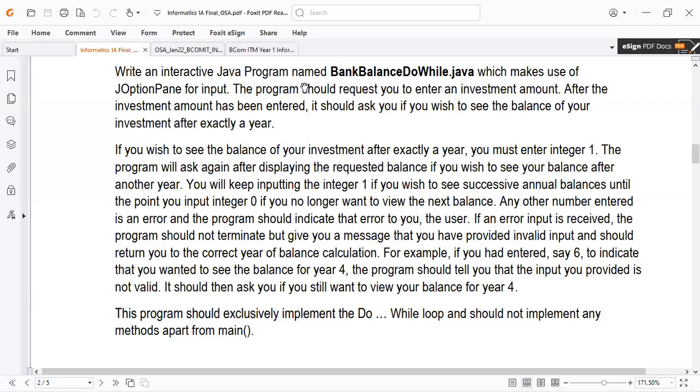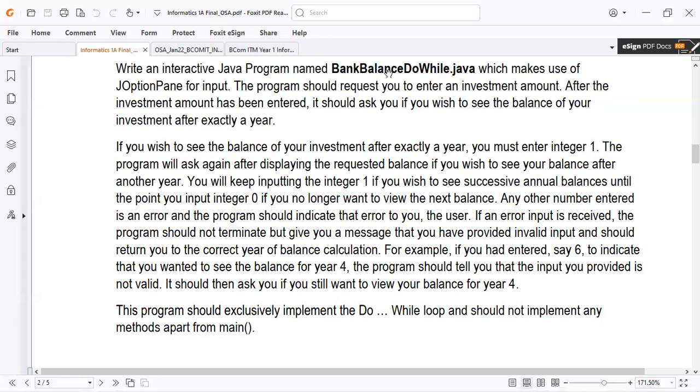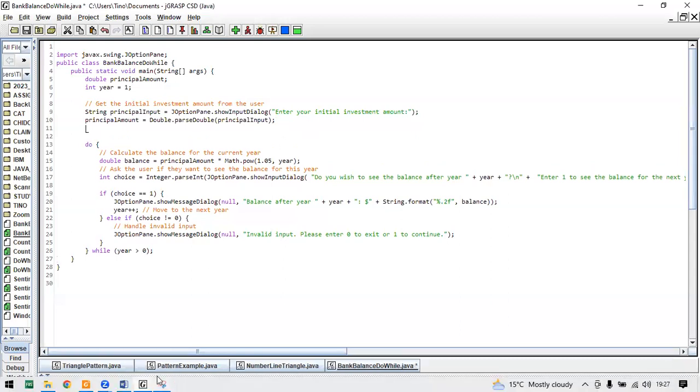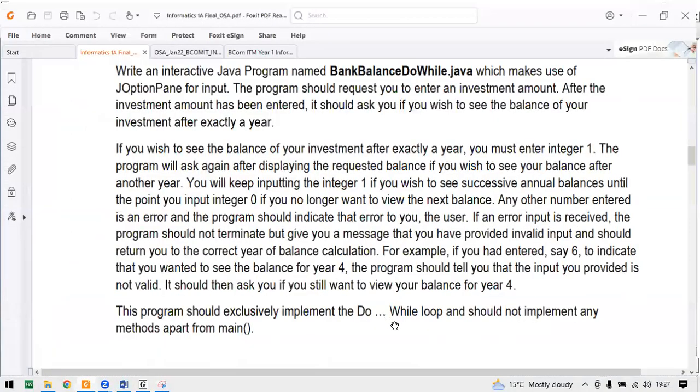to break it down to say, okay, I have written this, I have imported everything. Hence, the user should input the initial investment. You may not be aware of using the double. It's fine. You can use even the integer, right? But for me, I understand that you can import something like 5.99 into your account. So hence I use the double option, the double variable. If you write this part exactly as it is and you convert it, now they have specified again to say use the do while loop, right?